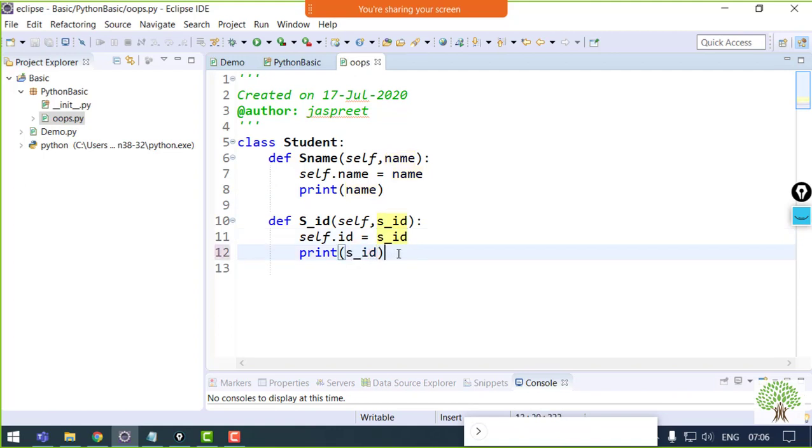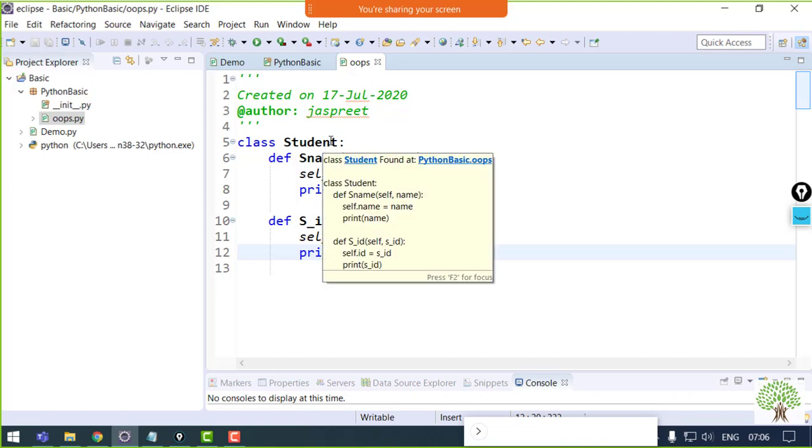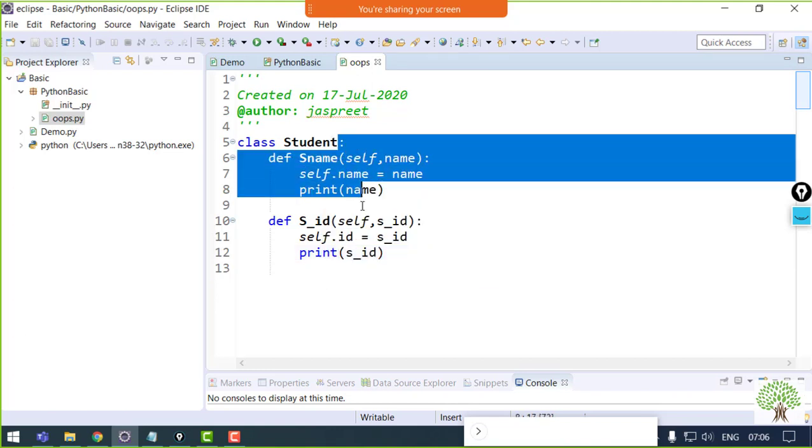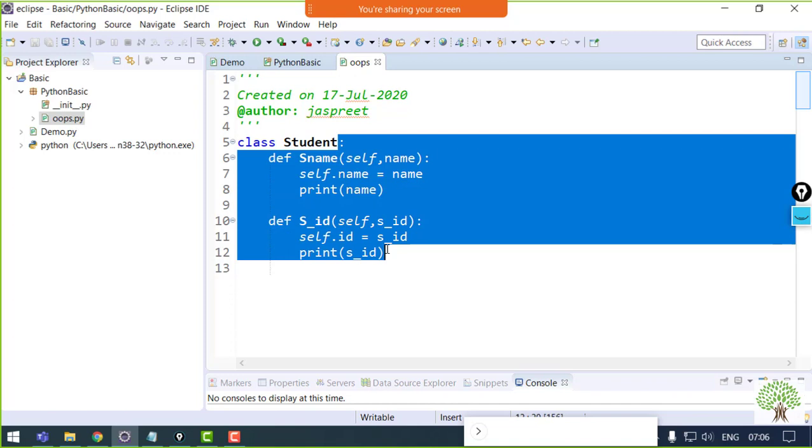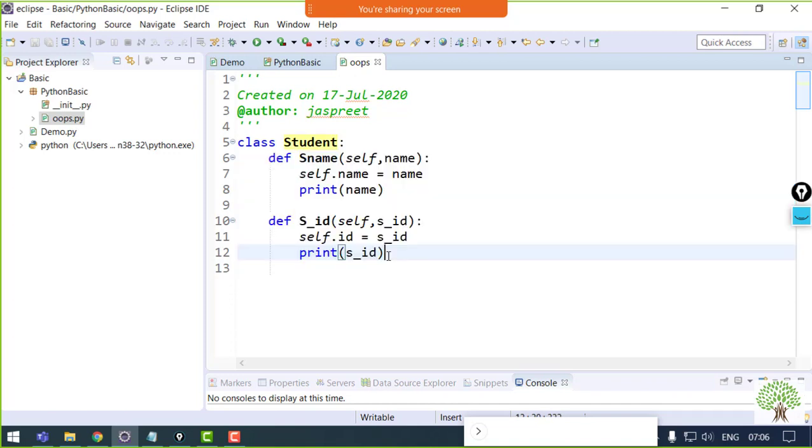Now when I have to make the object of this class, because the class is bounded into a scope, starting from this particular statement, the class has its scope till this point, right? So I have to make an object of this to access these functions and these variables. Making an object is simple in Python.